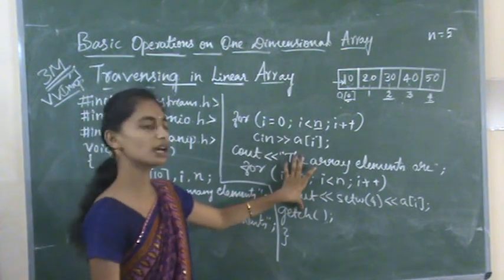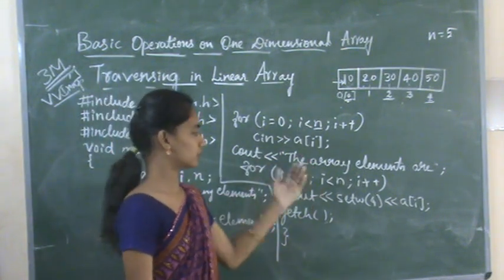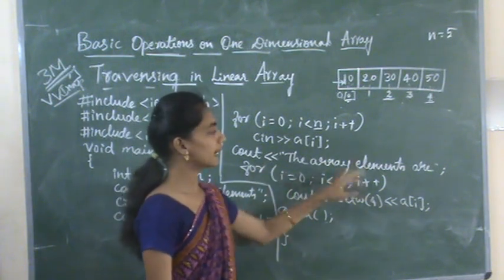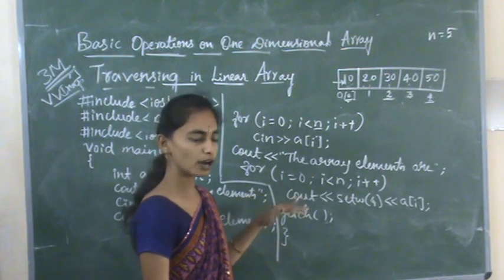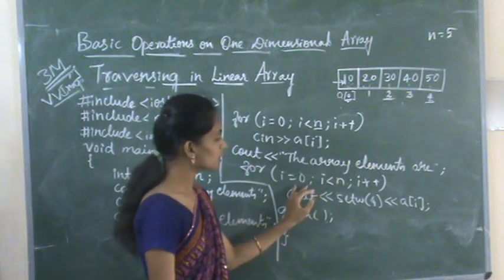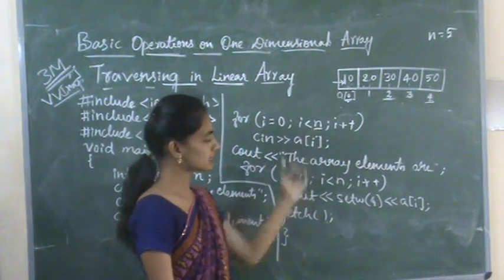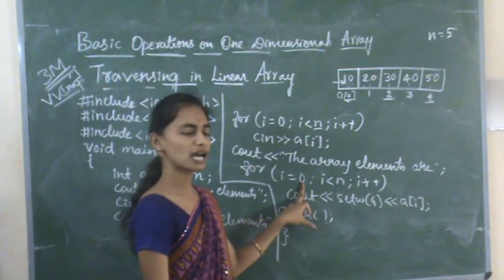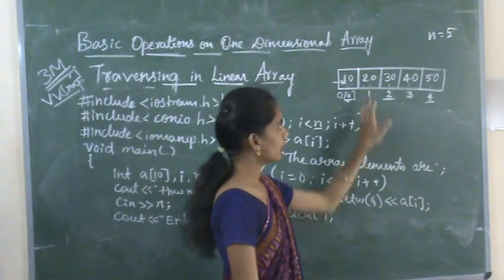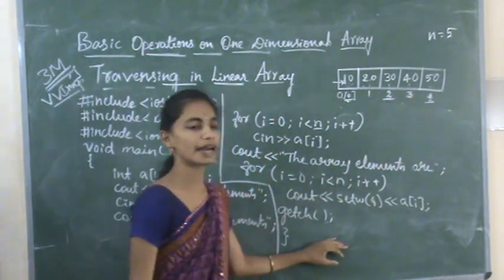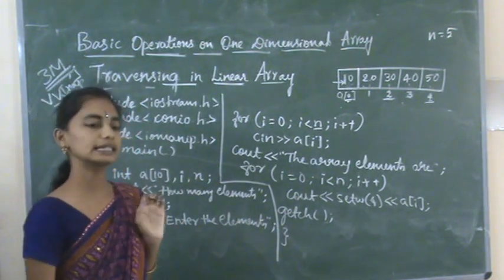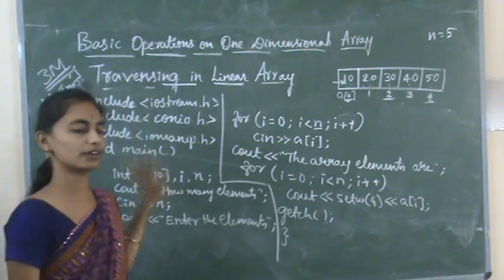So that is for reading or inputting the elements. Now this step is for taking that input and displaying it on the monitor. So for that we use the same for loop again to traverse the array elements. So this for loop is for traversing an array, right? Here also we use the same array to access the elements. So first it goes with I equal to 0. A of 0 has 10, so it will display 10. Again 20, 30, 40 will be displayed as output. So this is about traversing a linear array. Okay. So this is the first operation.